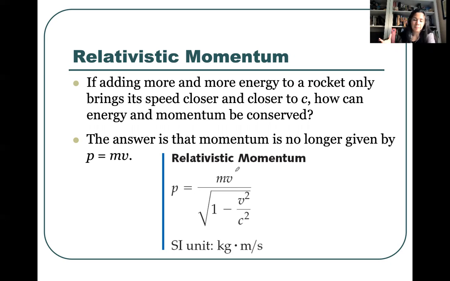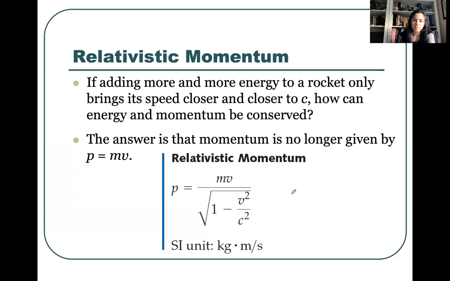Okay, so in the limit where v is actually small enough, so we're not moving that fast, the momentum is going to look like the classical version that we used before. But again, this is going to be an approximation. So the classical formula that we've used is an approximation. If we want something that's going to work for any speed, then we have to use a relativistic definition of momentum. You can see that physically it basically describes the same thing. We use the same units,